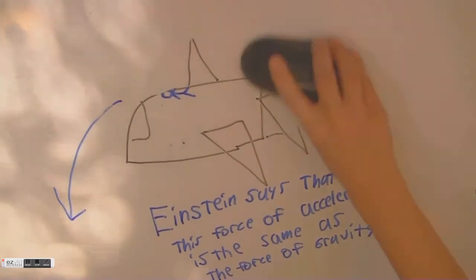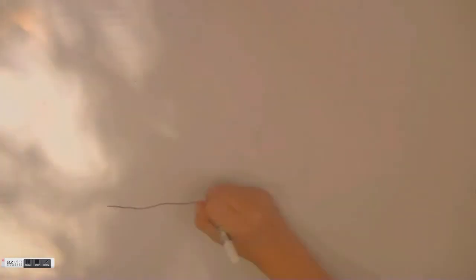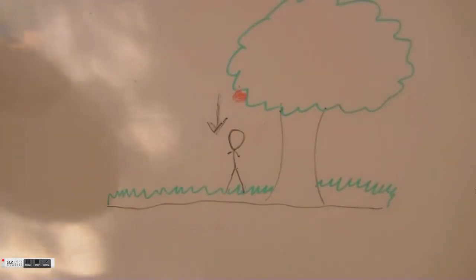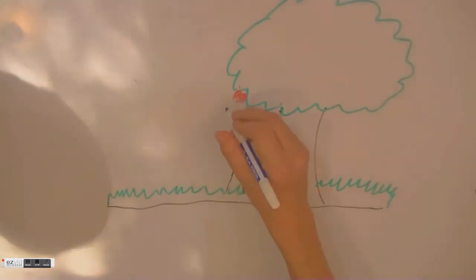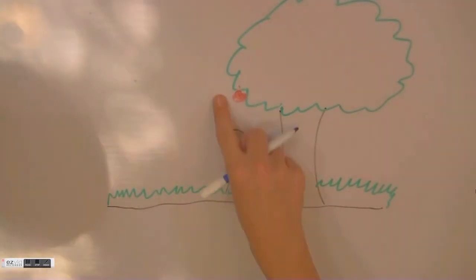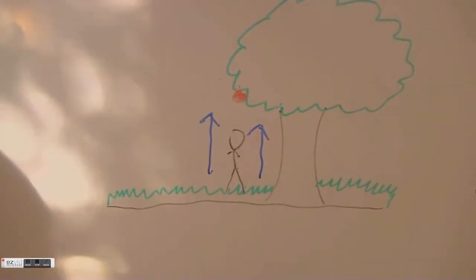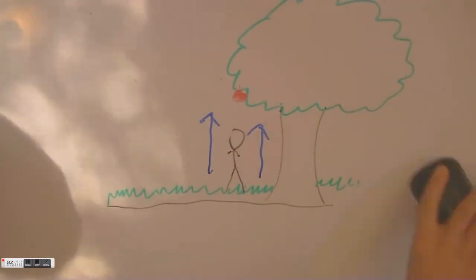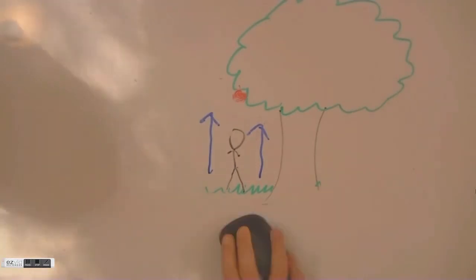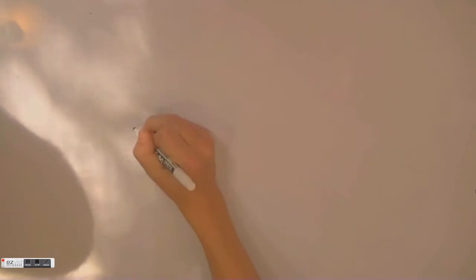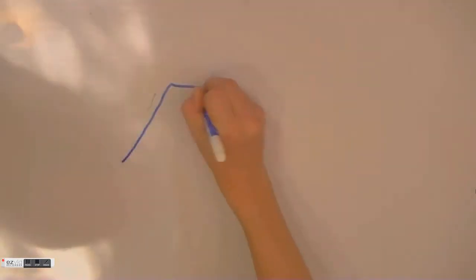So now let's go back in time to Newton. Isaac Newton, when he first discovered his theory of gravity, he first compiled it when he saw that apple fall on his head. Newton would say that the apple fell downwards, it was pulled downwards by the earth. However, Einstein says that the rest of the earth rushed up to meet the apple, because everything on earth is accelerating upwards. Well, because acceleration and gravity is the same force, it's the same.